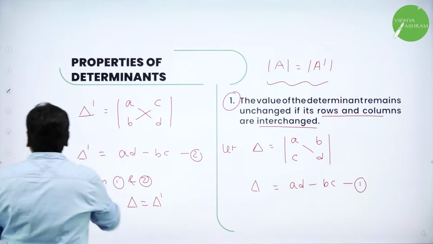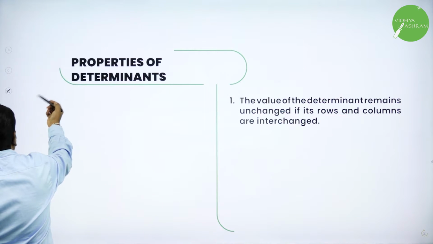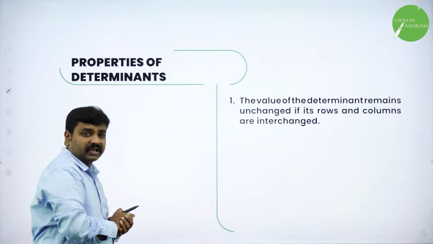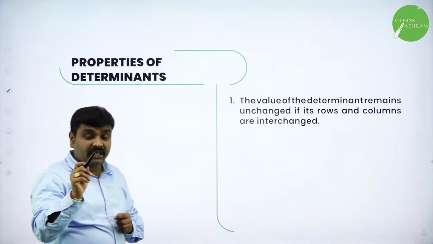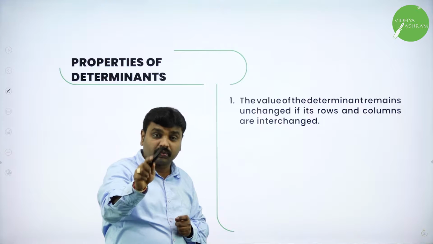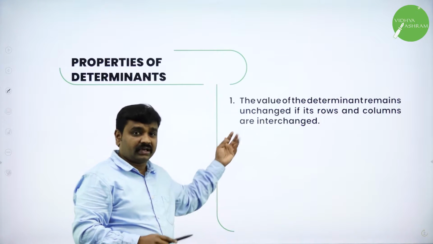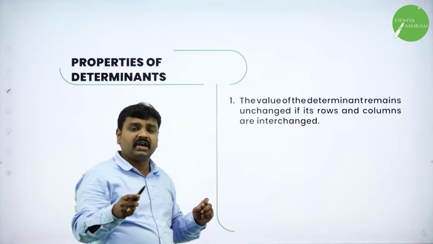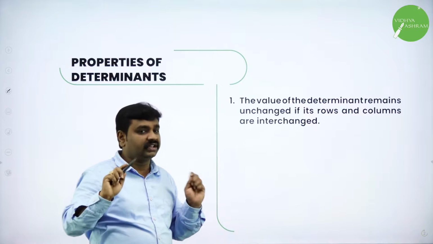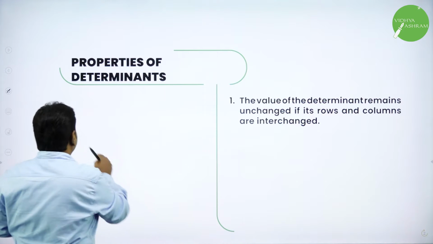You can also take one example to prove the same property. I will take an example, but the method is what matters: if they ask you in exams to prove it, you have to prove it like what I have done. If you take alphabets A, B, C, D, or you can take A11, A12 like that also. Now one example I will take.